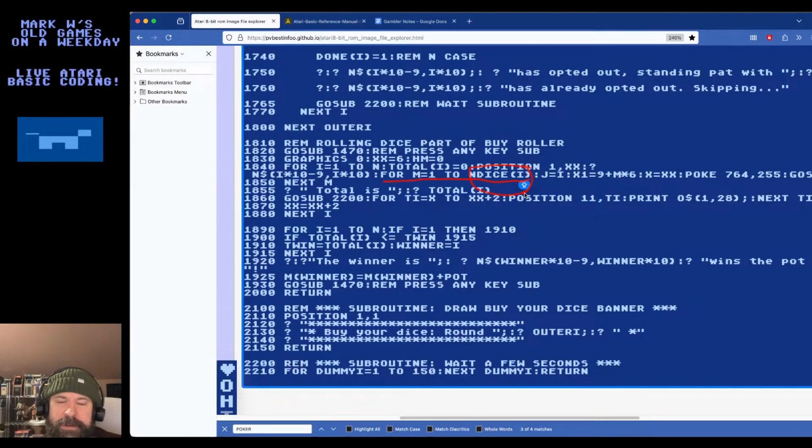This should be 0. So all I can think of is that either I don't have the end dice value initialized to 0 by default, or that Atari loops will iterate once anyway. If you say for m equals 1 to 0, it'll still do one iteration. That seems wonky. I can't imagine it does that.